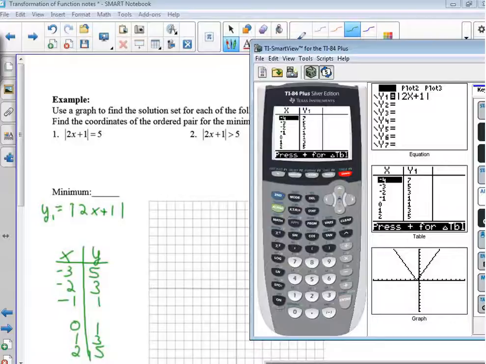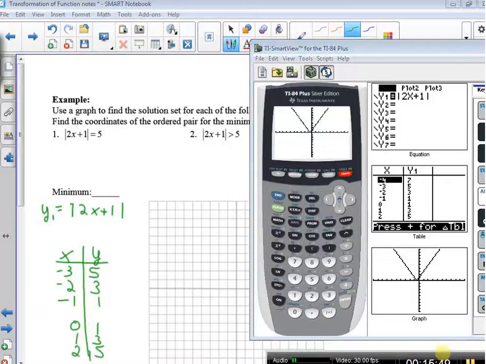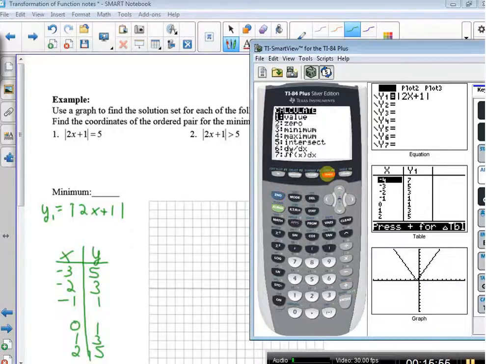To find that minimum, when I hit graph, it looks like it might be at 0, 0, but I'm pretty sure it's not. So I'm going to go second trace minimum and put the cursor to the left, hit enter, put the cursor to the right, hit enter,